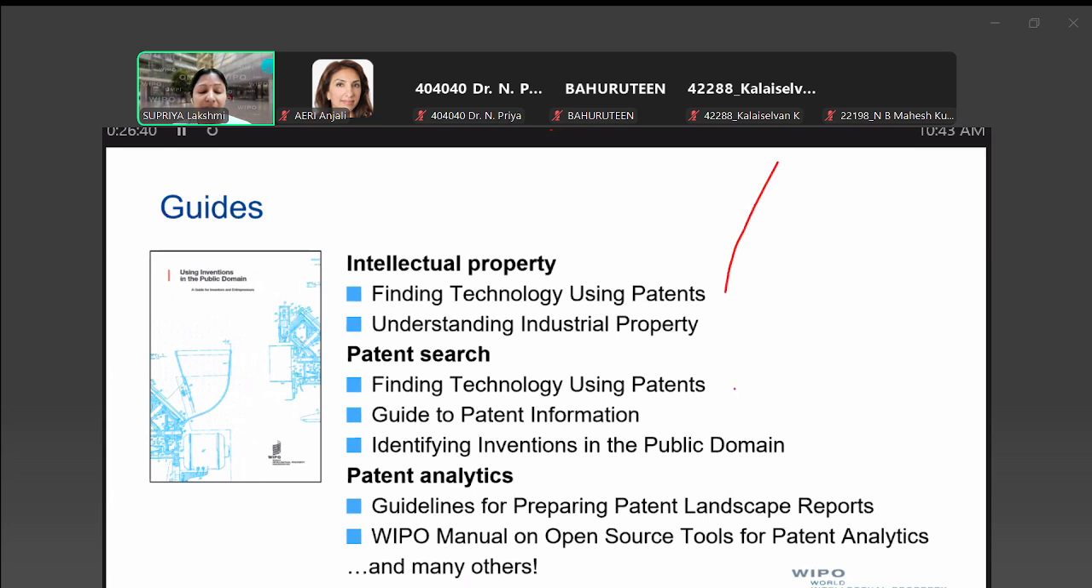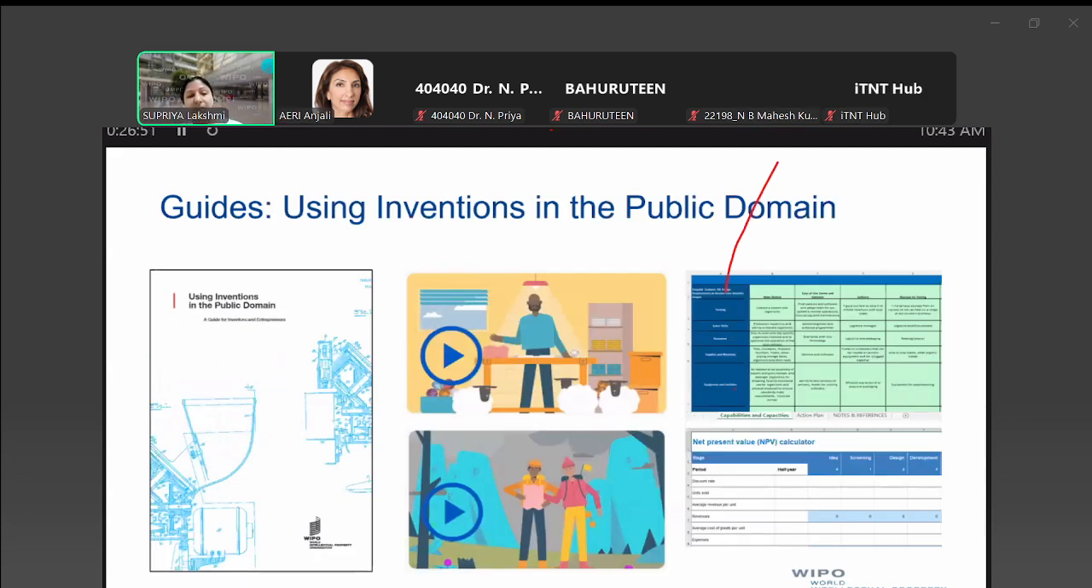And this is just a representative example. This is by no means exhaustive, and you can find more information on the TISC website on all the different resources. And again, this is something I mentioned, like using inventions in the public domain. And again, this came out from a need that was seen, especially when you wanted to create value from IP. Apart from this publication, there is also a toolkit which complements the publication, a toolkit for using inventions